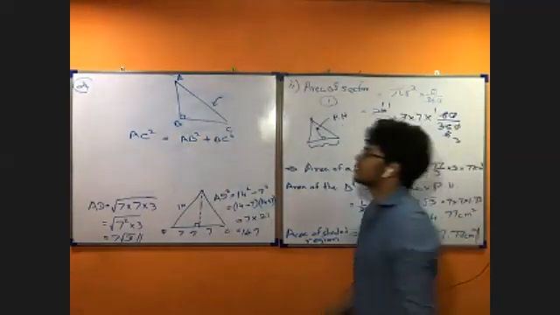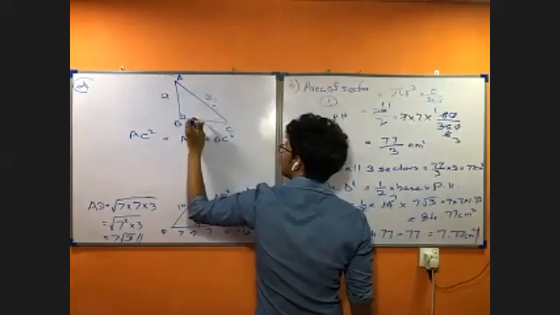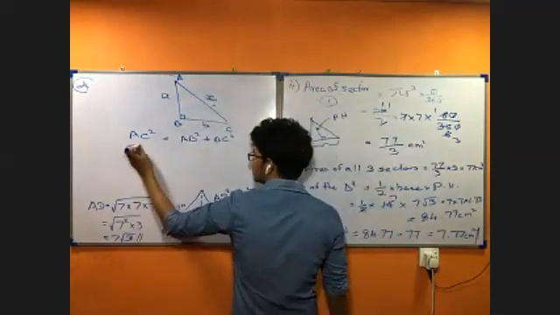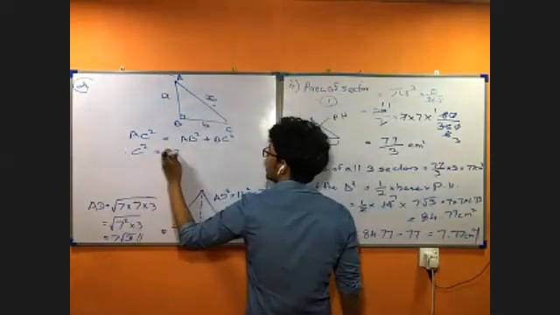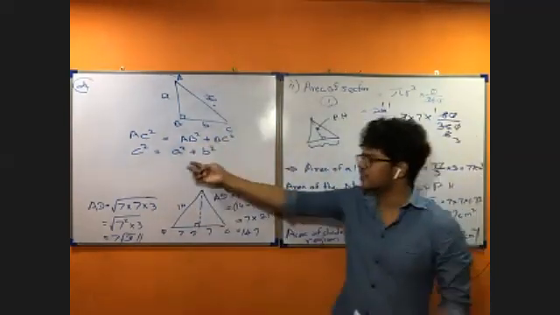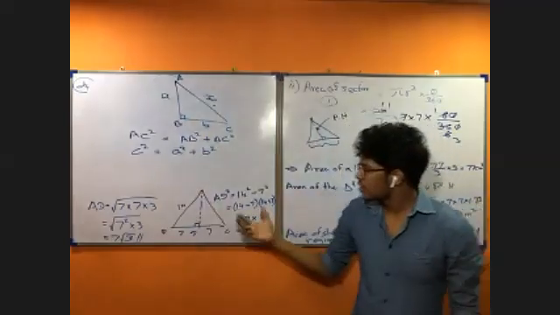That means if the length of this one is A, the length of this one is B, and the length of this one is C, that means C squared is equal to A squared plus B squared. This is called Pythagoras theorem, nothing else. Just substitute. If this one is 4 and this one is 5, by using that, you just find it, right? So here also you can see